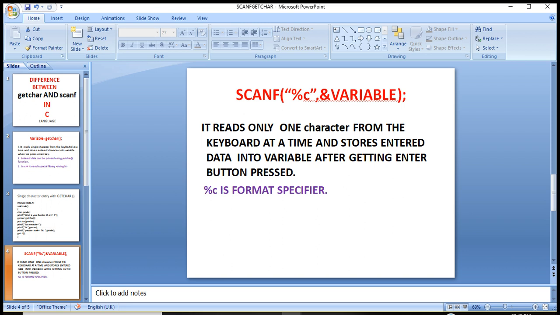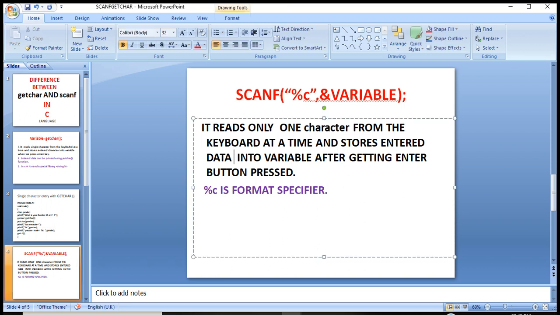Entered data means the entered character, into the variable. Okay. After the enter button is pressed, it will store the entered character into the variable. Otherwise, it does not store until we press the enter button.